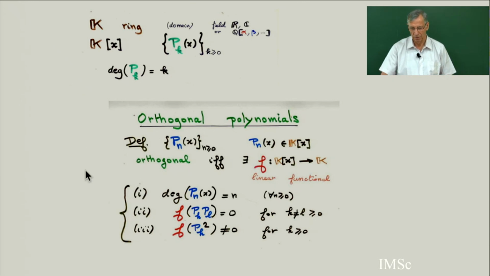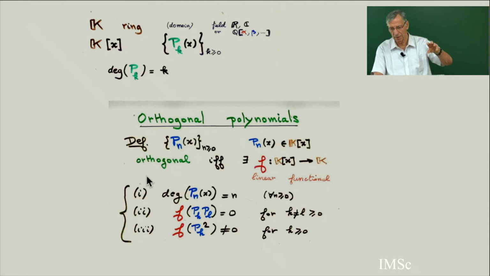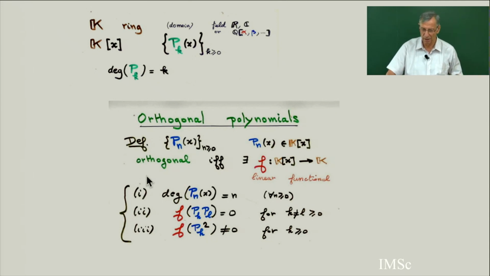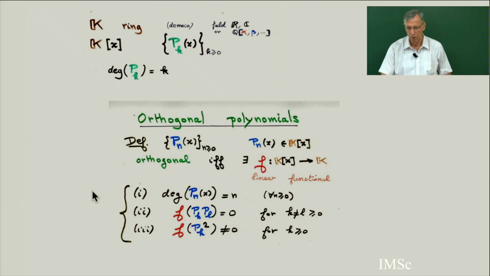Is there a question, ma'am? I wanted to ask if you can normalize it and assume F of P_k squared is 1. Yes, we can normalize. Usually in combinatorics we take P_k with the coefficient of the highest degree, P_k(x) beginning with x^k. So this is called a monic polynomial. Monic polynomial means that the coefficient of the highest degree is 1. So we will start with monic polynomials. Of course, you can normalize, it's up to a certain factor.